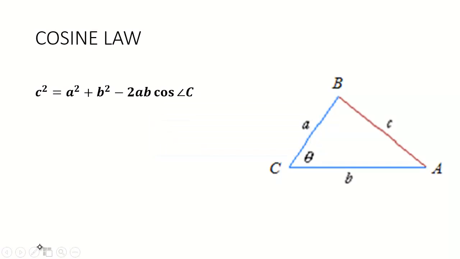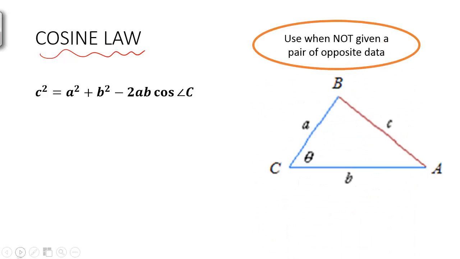Sometimes there's another law that's useful. This law is based on the Pythagorean theorem, and it's a little more complicated to develop, so you can look it up or look in your textbook. Essentially, what this law helps you do is the same scenario, except it's very useful when you don't have a pair of opposite data given. So if you don't have that proportion and there's no way for you to find it, then this law